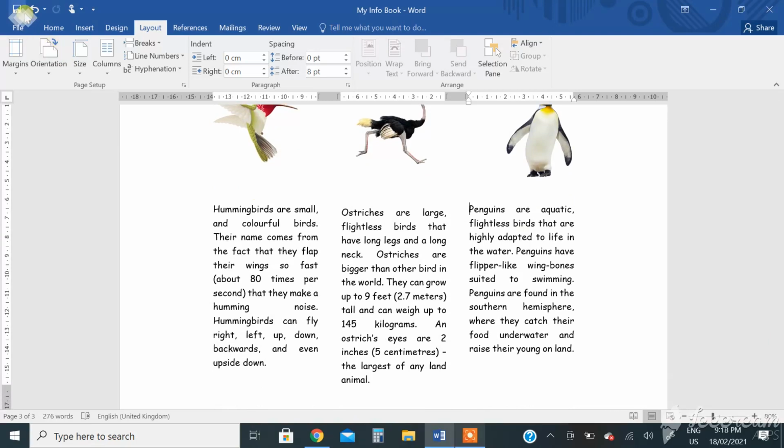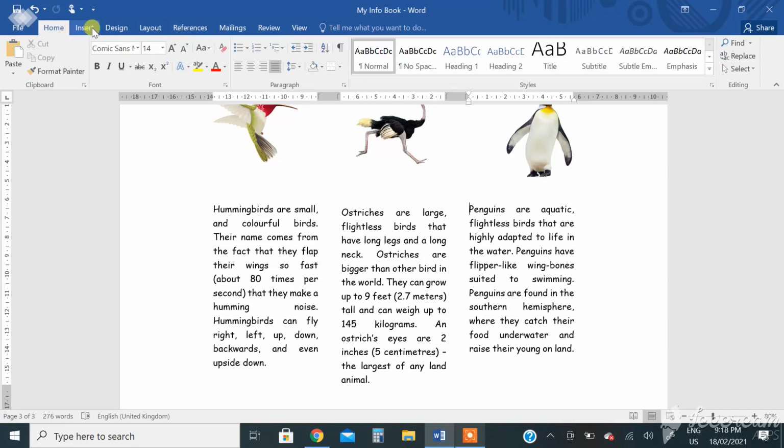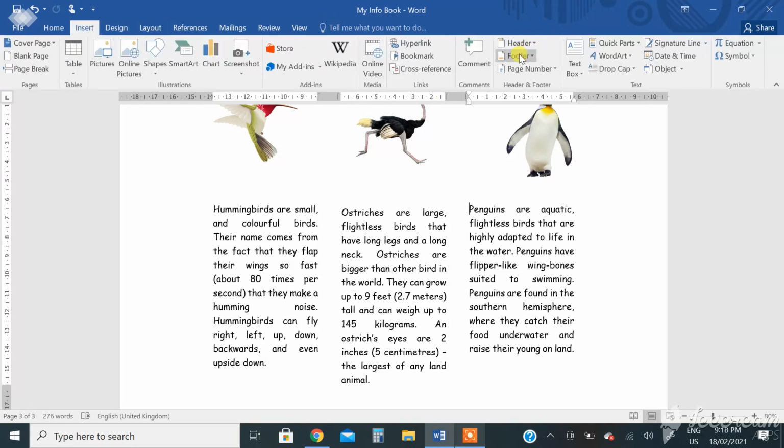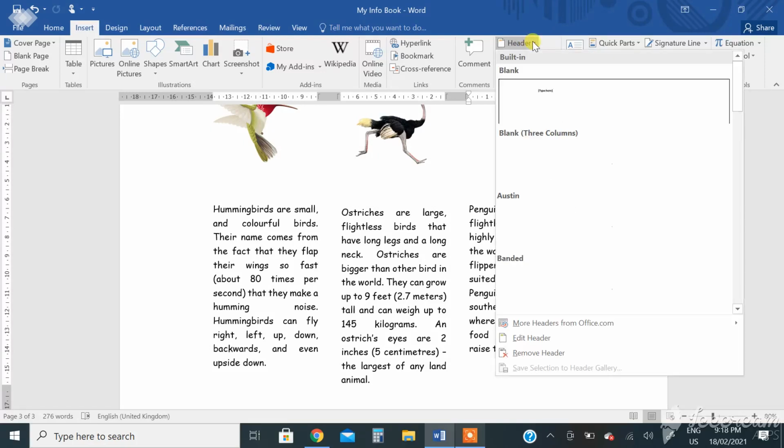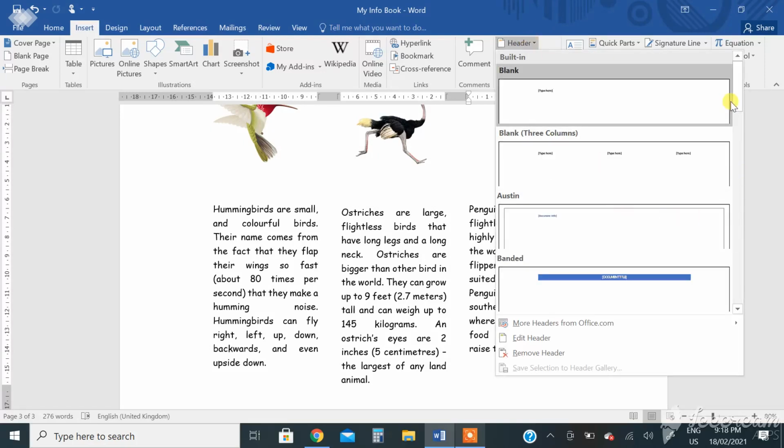Okay, next step, add the following header and footer to this document and also apply a style to this text. So go to Insert tab, and Header and Footer. Header and footer should be Grid.